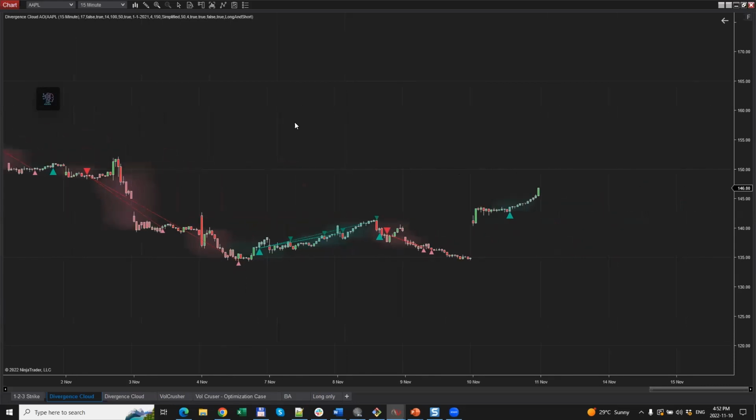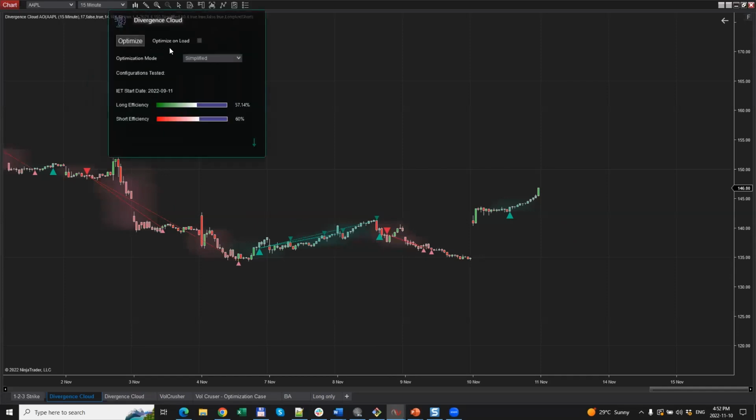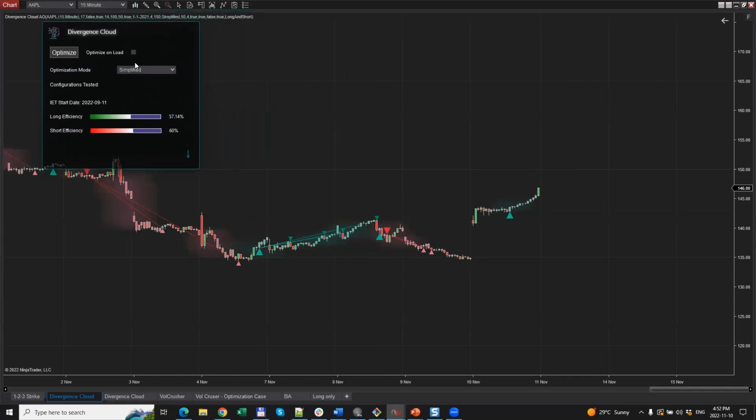And even today on the Apple chart, we had a long entry signal, which worked out quite well so far, but no exits have been generated so far. And of course, as you know already, we have this little widget here again, which you can drag around and click on. And once clicked on it, you can see directly on the price chart how well the indicator has been working out for this particular symbol and time frame.